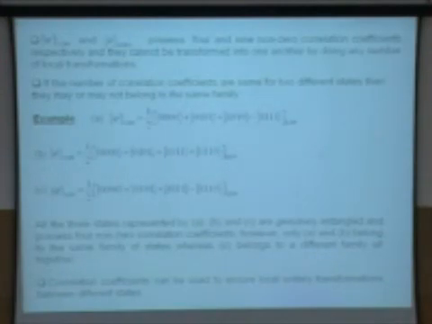And the most significant property of correlation coefficients comes in the form of distinguishing 2 systems by doing local transformations. One way is to see all the local transformations that could be possible between 2 different states, or the other way that we propose is to see the set of correlation coefficients, and by visual examination you would be able to know whether these 2 sets of correlation coefficients could be transformed into each other or not. For example,